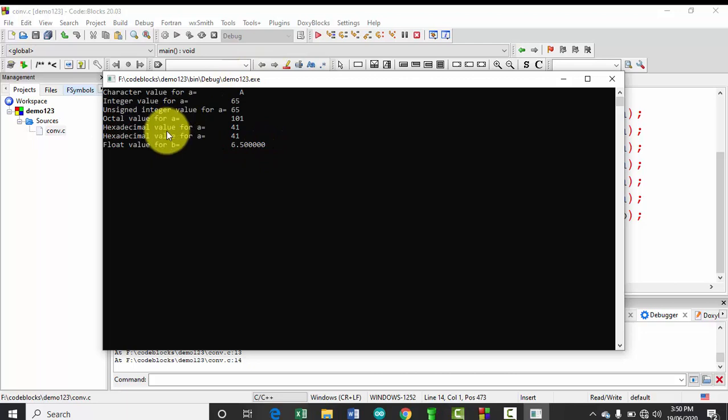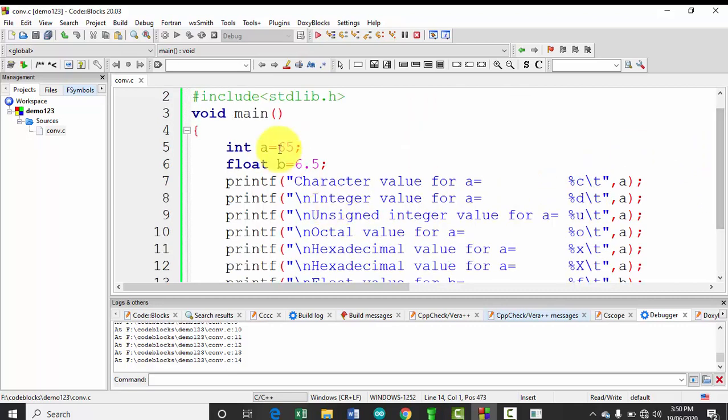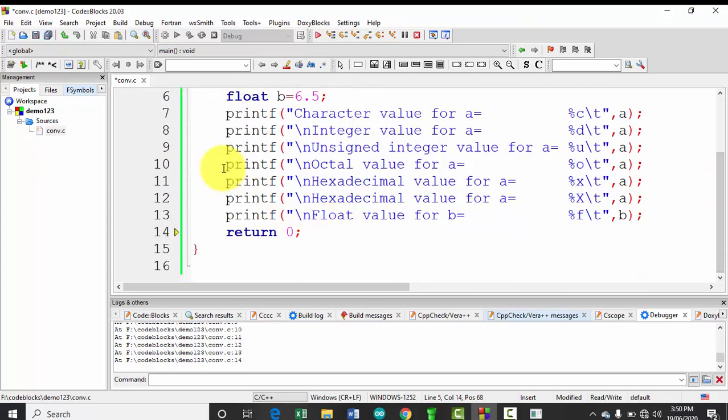Now to find out the difference between this small x and this capital X, let us take some different value. Suppose I am dealing with 255, and let us find out what will happen.